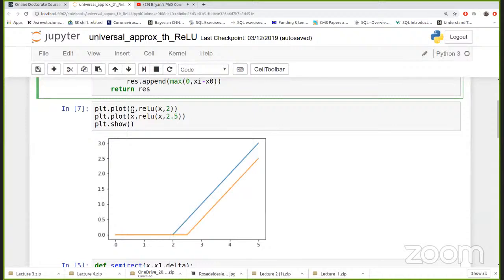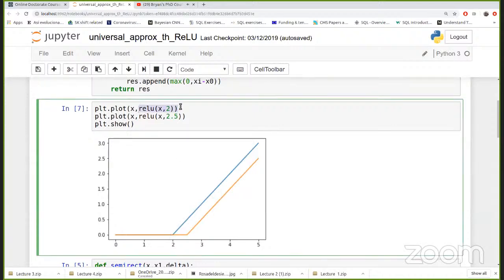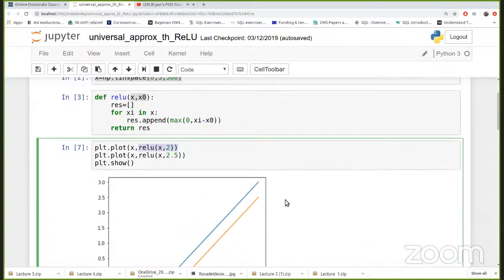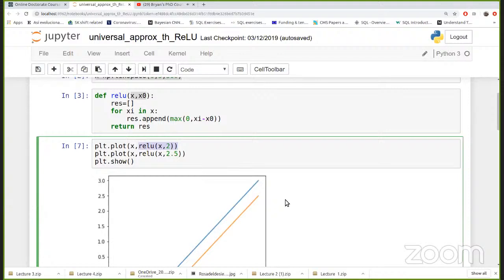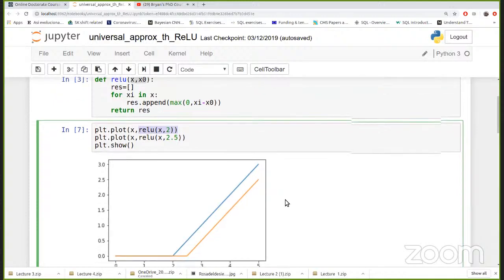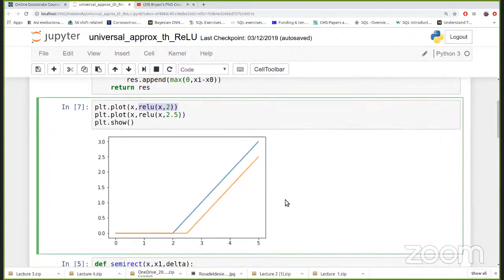So if I evaluate this function above, when x0 is 2, then it is jumping at 2, or if it is 2.5, it is jumping at 2.5, etc. So here I am trying to approximate any function with ReLU. It's like a graphical proof of this universal approximation theorem with ReLU. So note, what can I do with these two ReLUs? If I take these two functions and subtract one from the other,